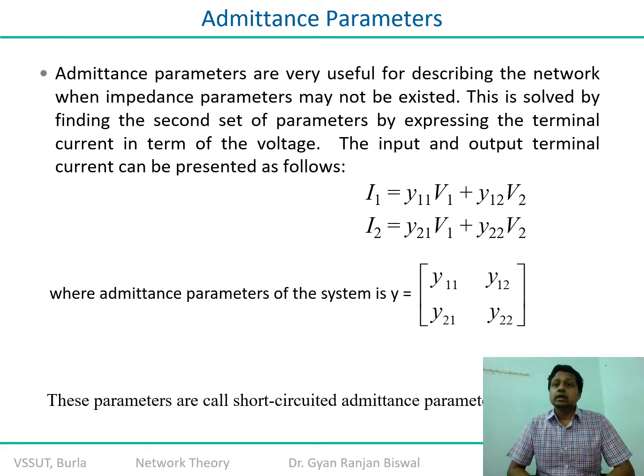Or in other words, we work out the admittance parameters when there are more nodal relations rather than mesh relations. In those circumstances, impedance parameters normally do not exist, or may not exist, I would say. Therefore it is advised to refer to the admittance parameters, because it is much easier to analyze the performance of the circuit in terms of admittance parameters rather than impedance parameters.